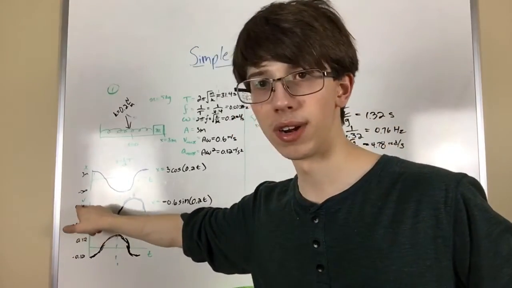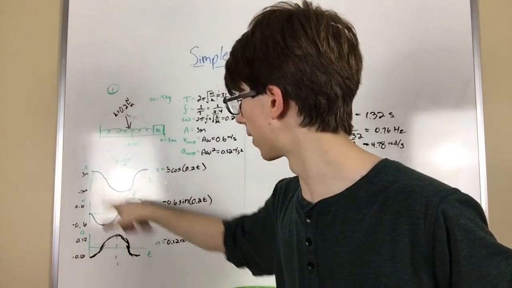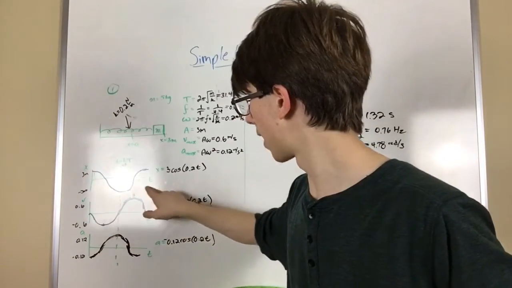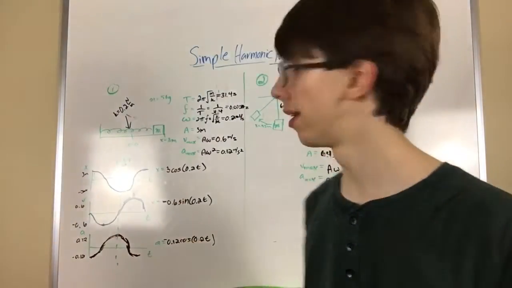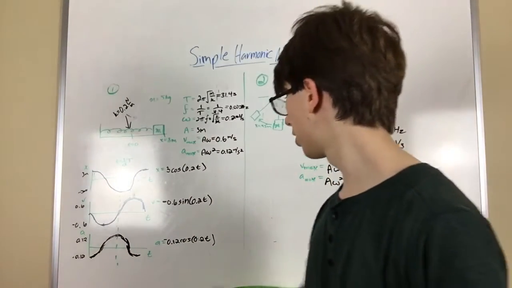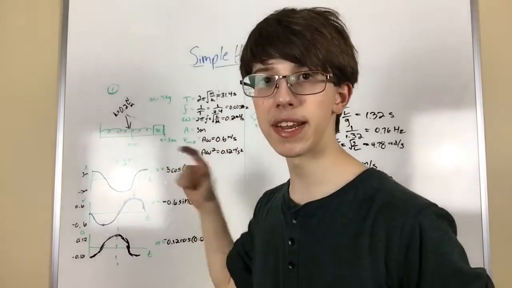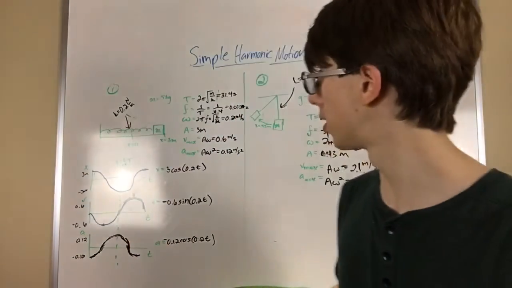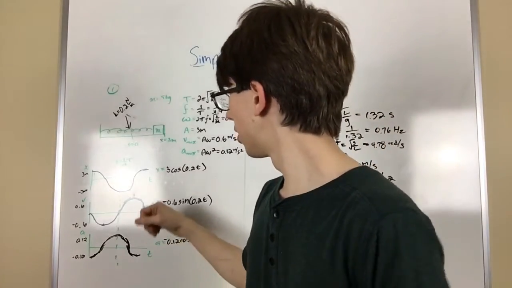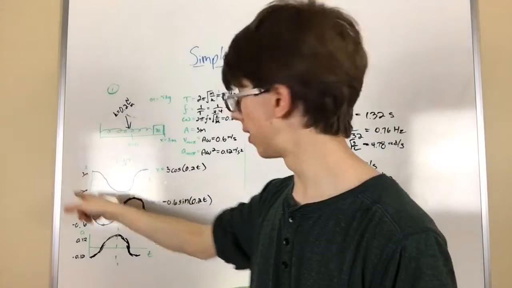which is just the maximum velocity, negative, because it starts off at 0, and then it's going to the left, so it's going to be negative, and then it reaches 0 again here, and then it goes back up, but it's positive because it's going to the right. And it's the same thing for acceleration, maximum, and it starts off at maximum but negative because it's going to the equilibrium position from the left, and then it stops, and now it's positive